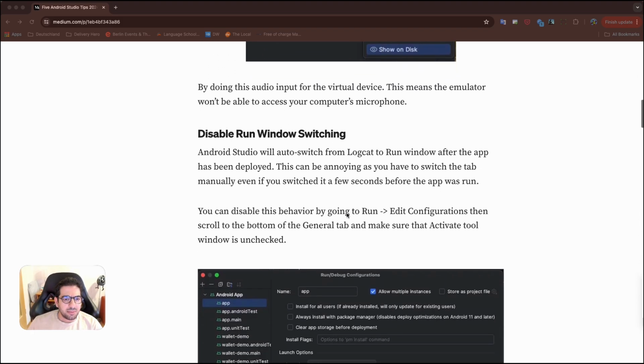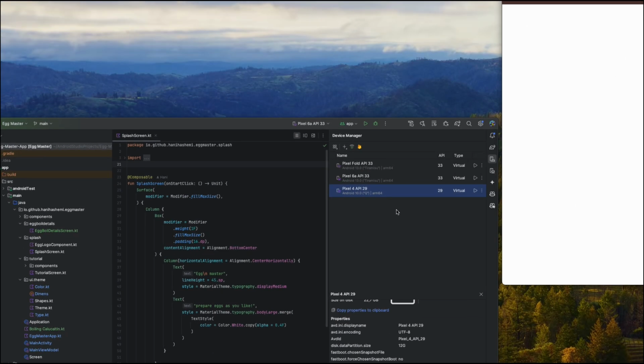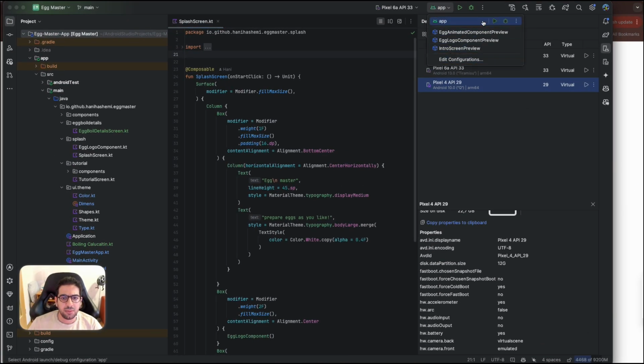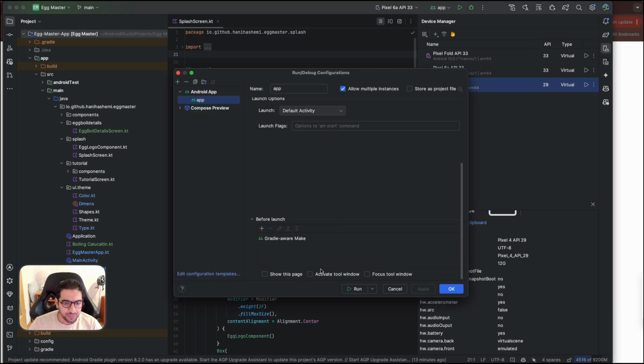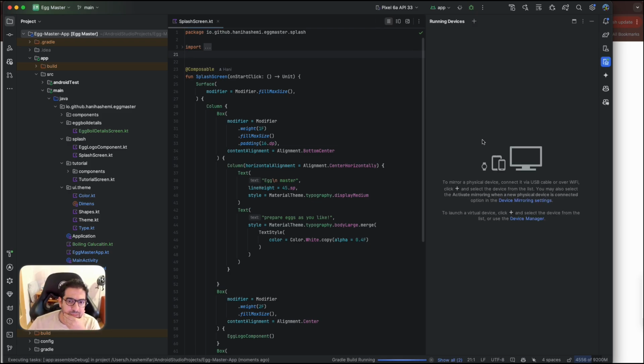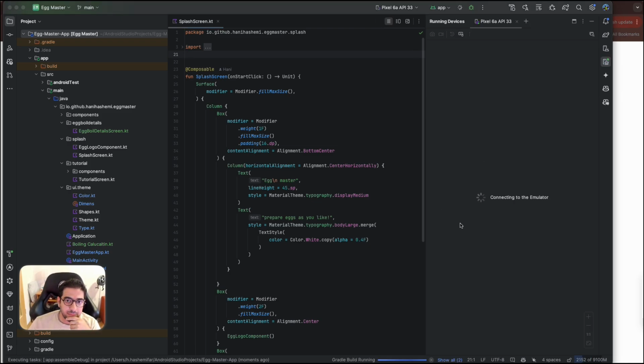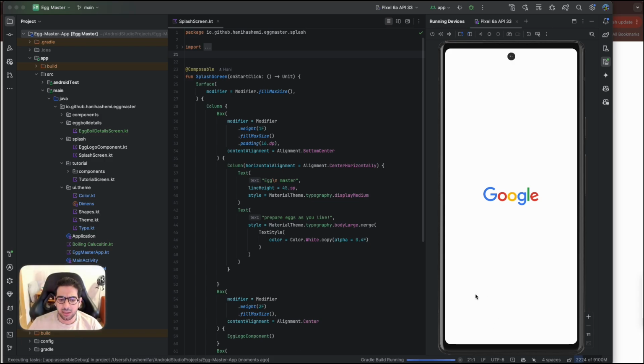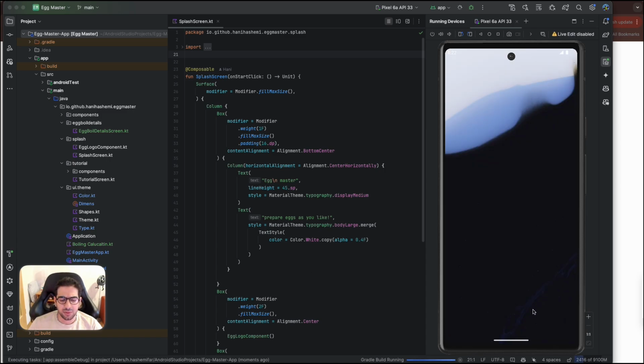So the next one is about disabling run window switching. So if you go here by default, on the bottom, this active tool window is on. So when you run the application, for example, for this emulator, let's see. As soon as you run the application, the tool window would be open, and it is not okay always. But for example, I'm checking the logcat. I have to switch back and see